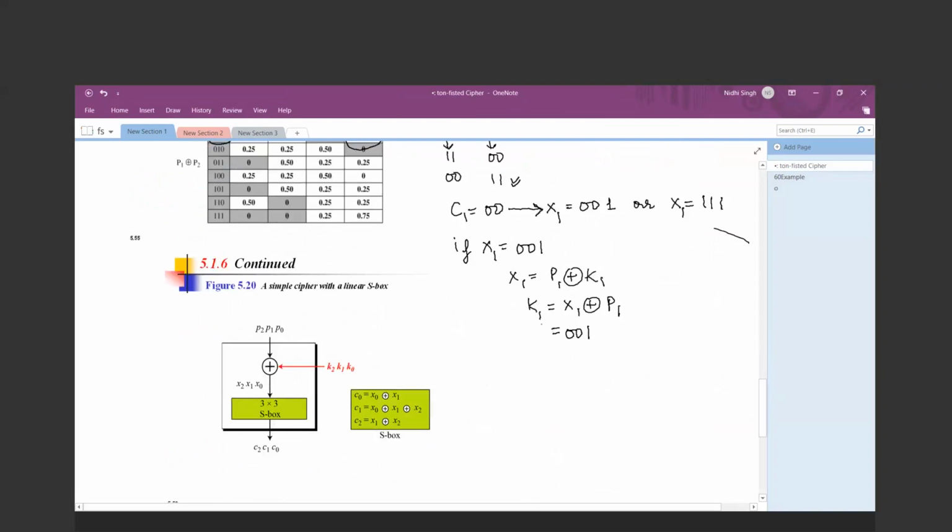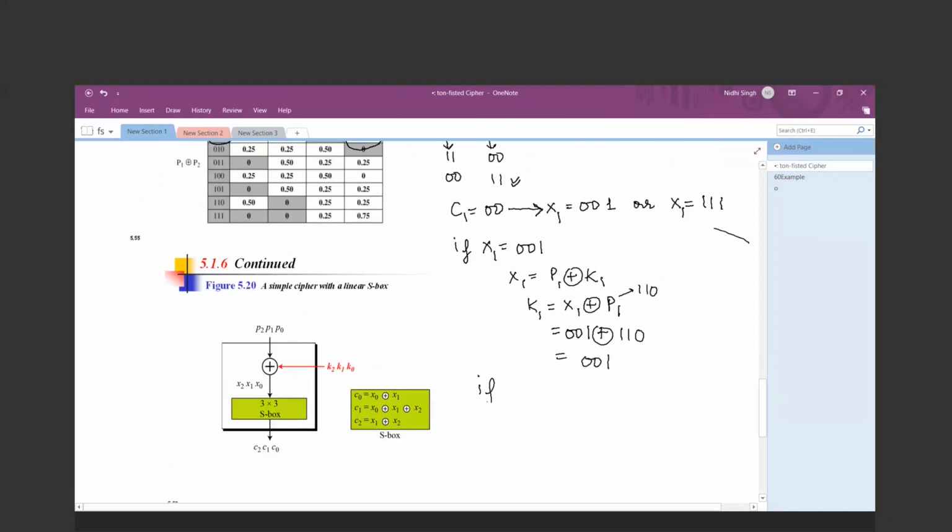हाँ, तो क्या मैं बोली? तो सपोज क्या करना, मेरे एनालिसिस के हिसाब से P1 मेरा 110 है. ठीक है, so I am taking 110 as a P1 value, so my K1 value can be occurred as 001.